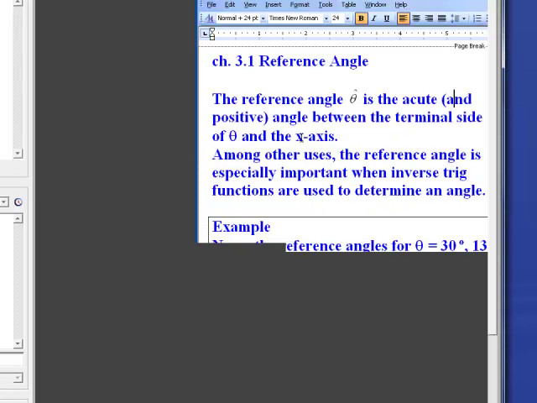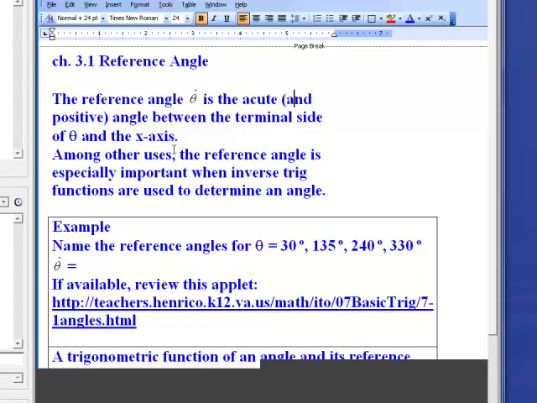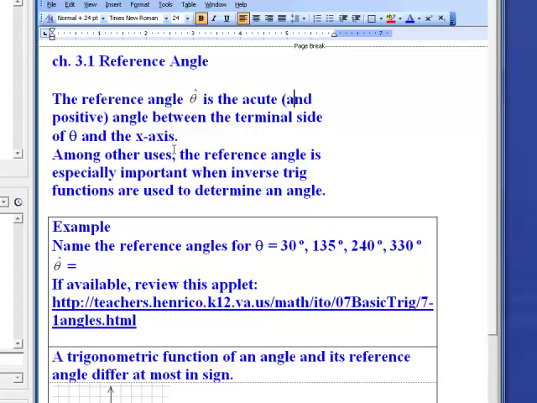Welcome to the lecture on the reference angle. The reference angle theta caret is the acute and positive angle between the terminal side of theta and the x-axis. And it will become important among other uses when we